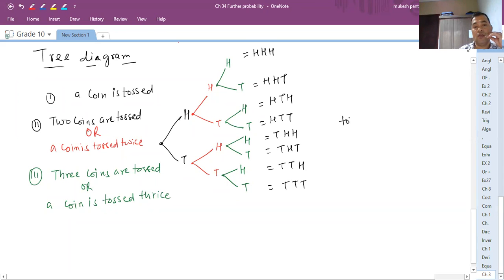The total number of outcomes is 8. Okay, 8. Now look here, we have to find out the probability. Suppose I ask you, this time I'm not showing the probability here, but you know the things you are collecting. If I ask what is the probability of exactly 3 heads,